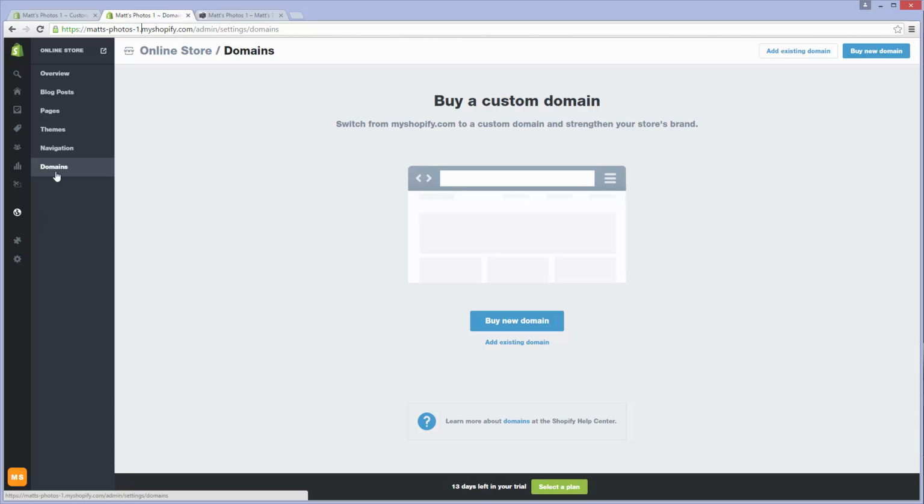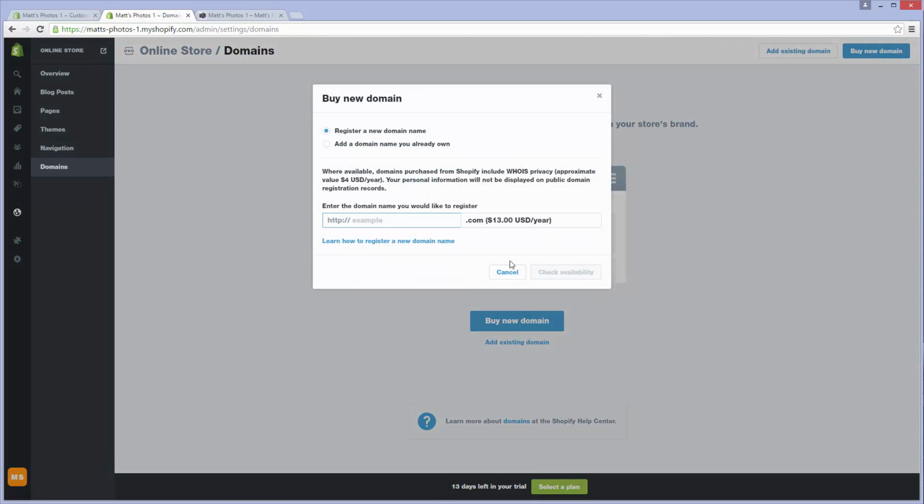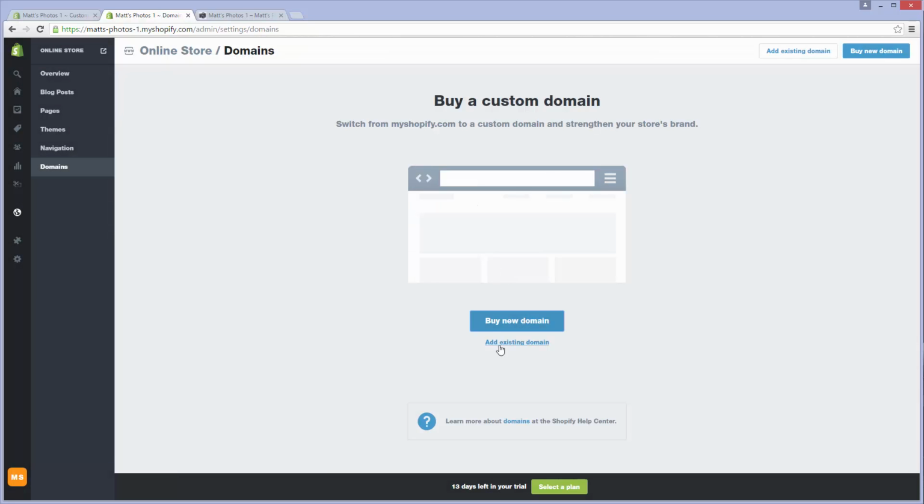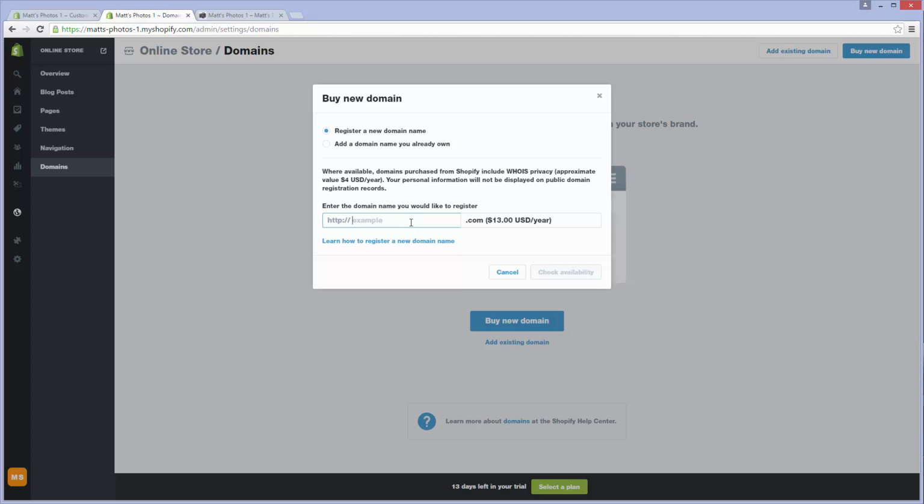So once you click on domains, go over here and say you want to buy a domain. If for whatever reason you already had a domain, like you've been holding a domain for this for a while, you can link it up right here. But let's assume that you want to buy a new one. This little tool might look familiar. If you have bought a domain before, it essentially checks